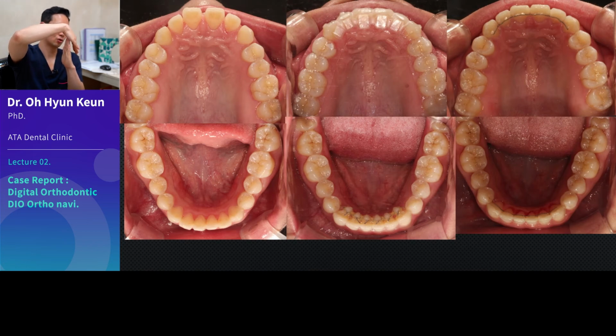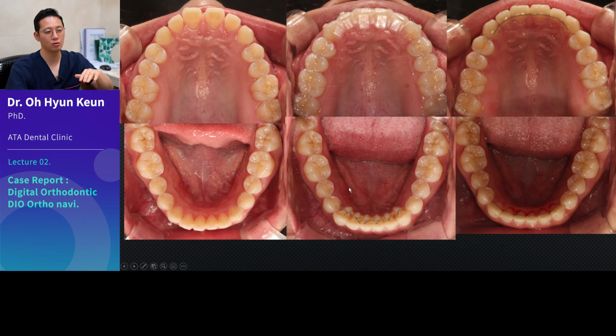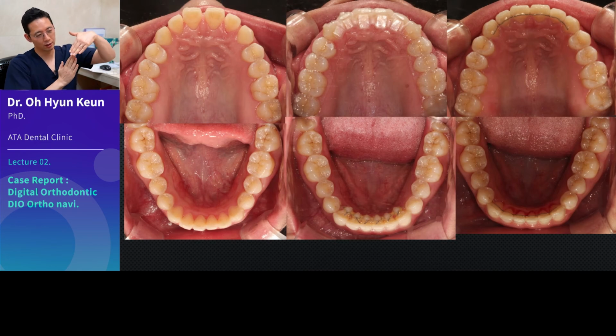Even after the mandibular anterior teeth came closer, when anterior movement is applied again, the teeth will all go back to their original states. That's why we must do the vertical control first, before closing the gaps, to keep it stable and maintained for a long time. Because we need to push down the mandibular incisors, we use the lingual system that is effective with the intrusion for the mandible, and the clear aligner for the maxilla.